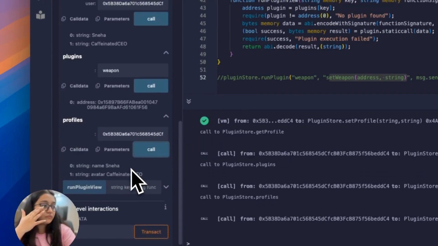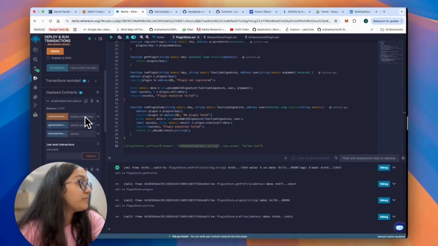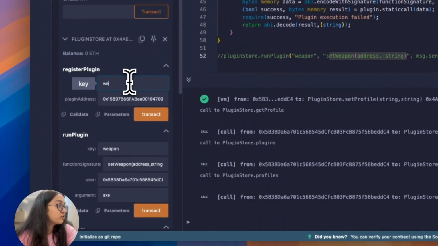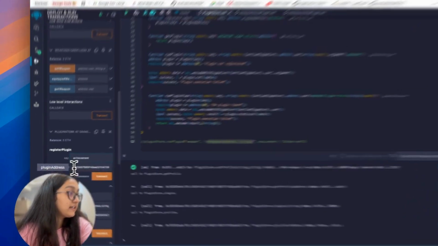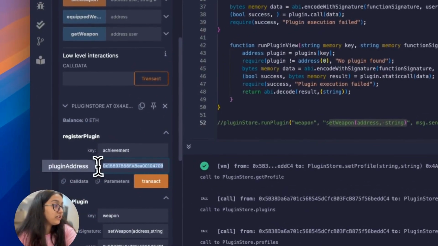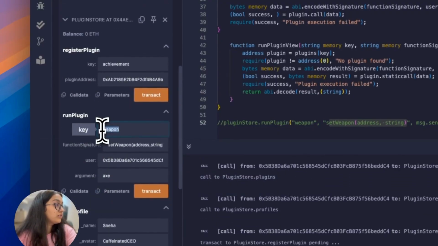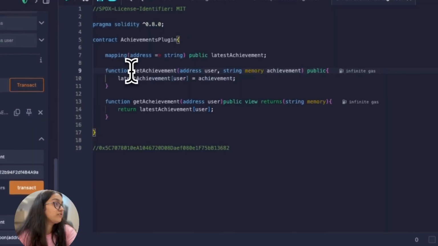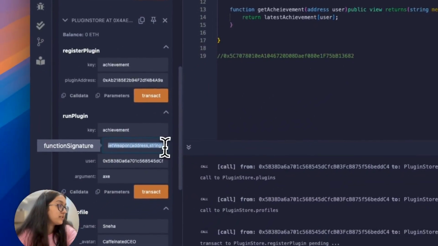And so you should know this. Suppose I'm registering even the achievements plugin, right? Like I'm changing this to achievement. These silly little things can take a lot of your time, literally a lot. I had almost given up that this thing would not work today, but we're glad. So achievement, and then when you go to achievement and we're working at set achievement and you just copy this entire thing, like I would do as a lazy person,